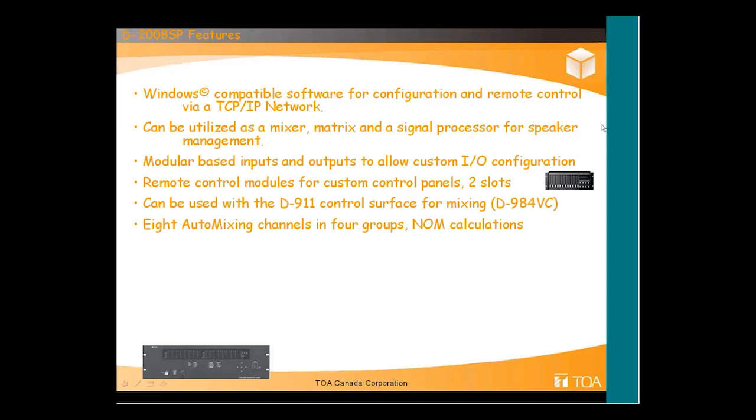There are 8 auto mixing channels in 4 groups with NOM calculations, and basically auto mixing will allow us to control the gain of the system so that you don't necessarily have to have an operator constantly riding the gain controls during a conference when you have a bunch of open mics. As the mics come online, the system gain will decrease, and that way we get maximum gain before feedback in